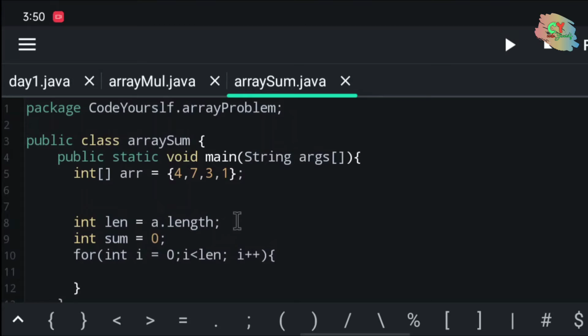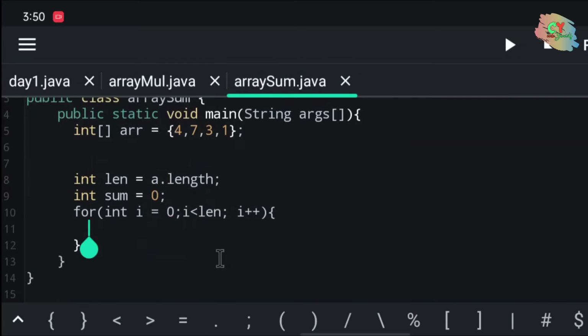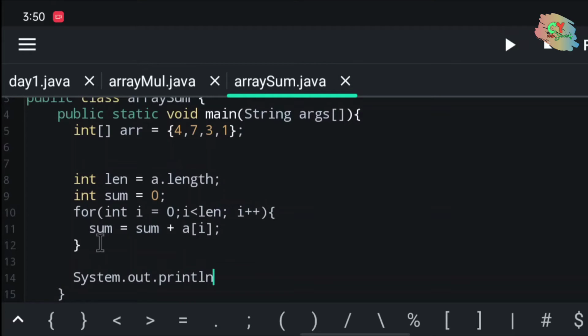First I will create a sum variable in which I will store the sum of the elements. Inside the for loop I will declare sum equal to sum plus array name of i. And out of the for loop I will just print the value of sum by writing a user message, "the sum of the array elements are", then print the variable sum. This will give the sum of the elements present inside the array.